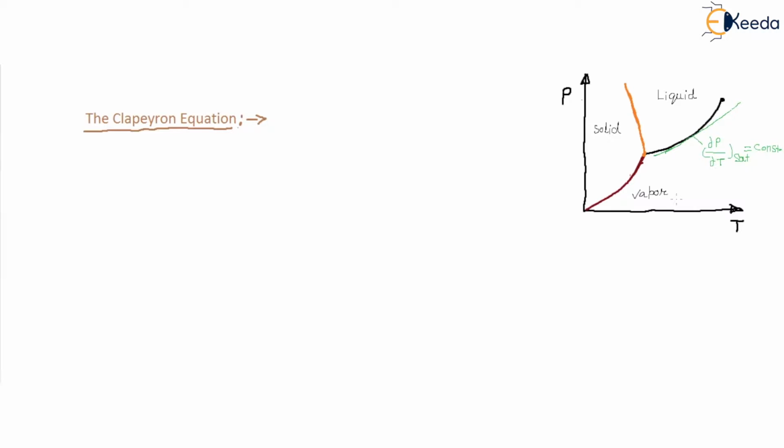So what is that? The Maxwell relations have more implications in thermodynamics and are frequently used to derive useful thermodynamic relations. The Clapeyron equation is one such relation. So what is the use of the Maxwell equation? This is the example. With the help of the Maxwell equation, we derive the Clapeyron equation. And what is the Clapeyron equation?